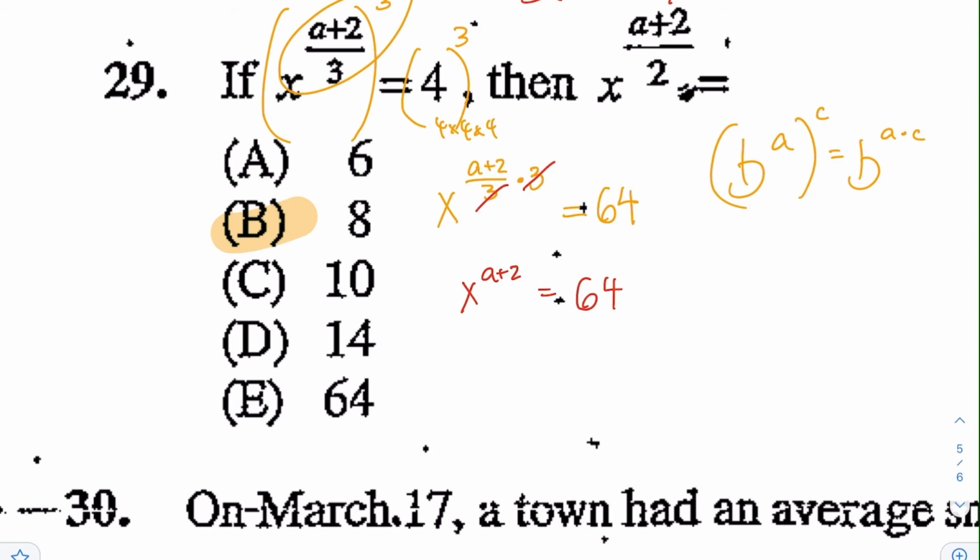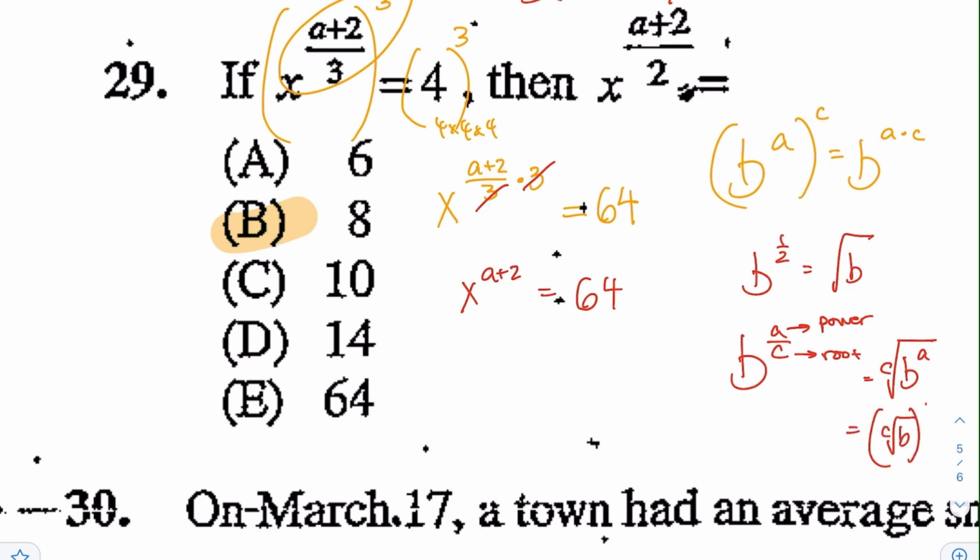Now you want to have (a plus 2) divided by 2, which means you'll have to raise something to the 1/2 power. And when you raise something to the 1/2 power, that's equal to the square root. So the exponent can also be a fraction. And when you have a fraction, the numerator is the power, and the denominator, which is that 2 in the 1/2, is a root. So this is b raised to the a, to the c root. Or you can also do the other order, the c root first and then the a power. Either way, when you raise both sides now to the 1/2 power,